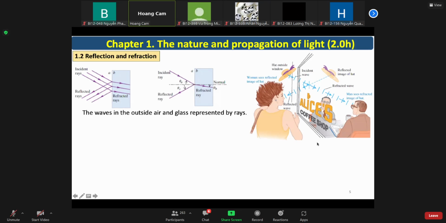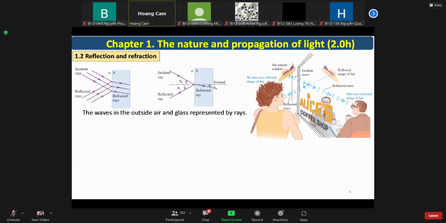The name of that is the normal. In the figure showing you here, the black dash dot line is perpendicular to the surface, or we say the interface between